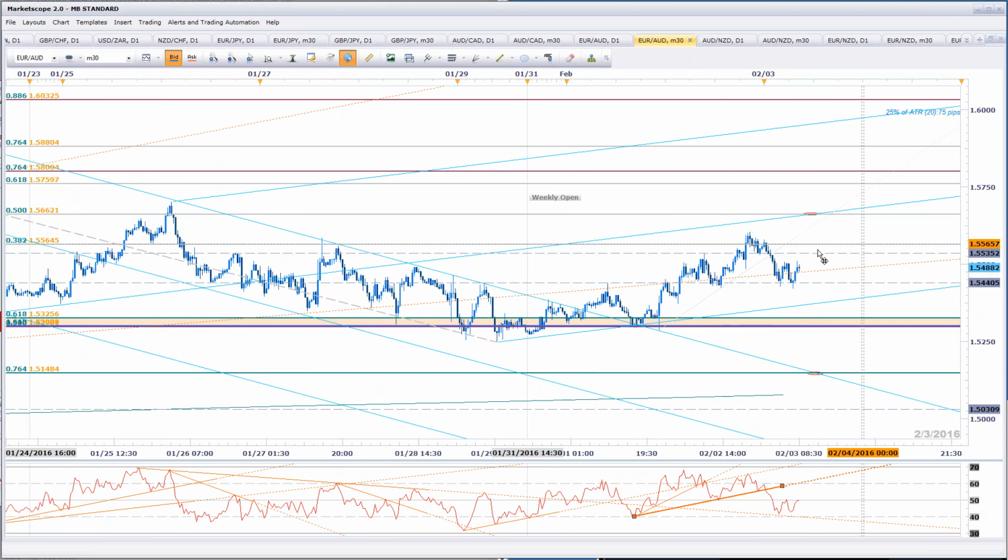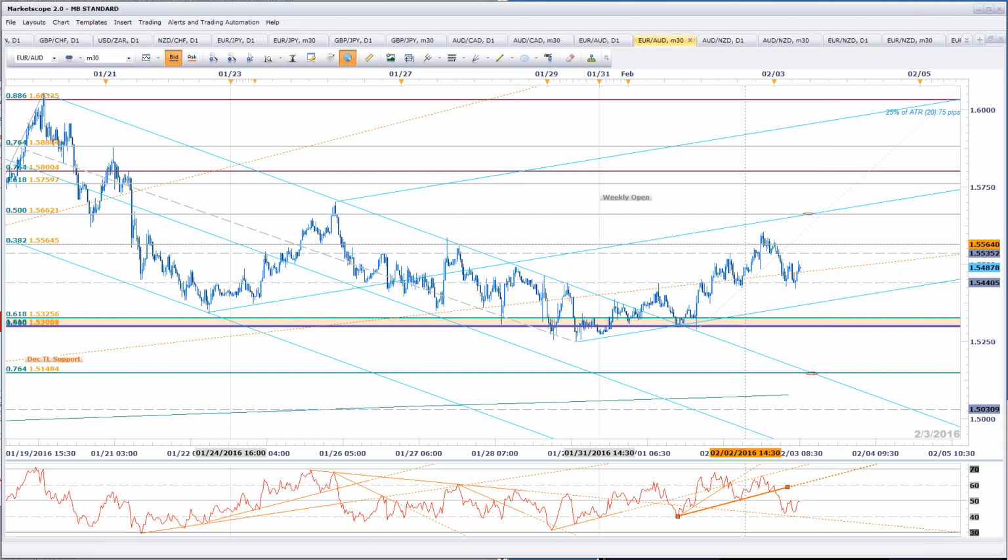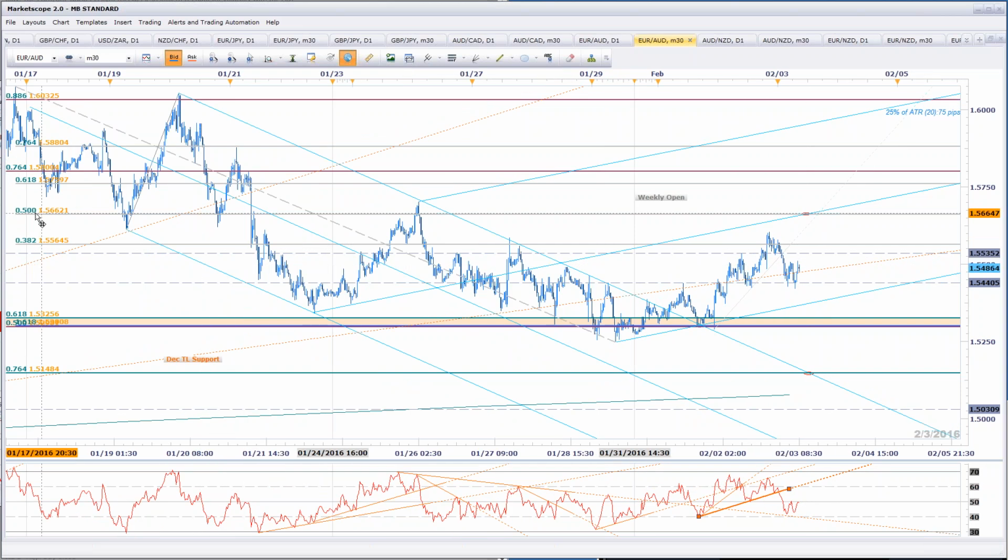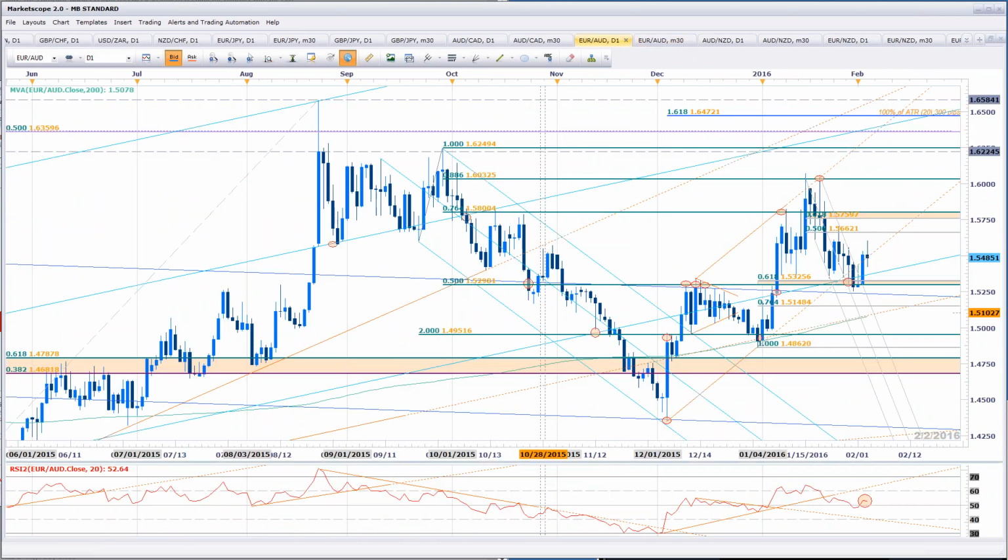Again, 55, 65 would be the target. We took that out last night. And then we'd move on to a more key confluence region at 56.62. This was the original where the limit was last night after I got out at half. Big region of resistance, 50% retracement of the decline. The median line parallel off the lows, or just the median line itself. And 56.60 also turns out being